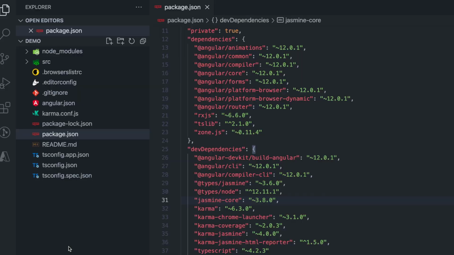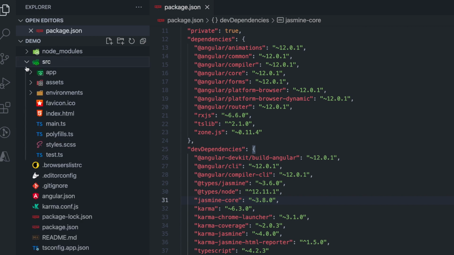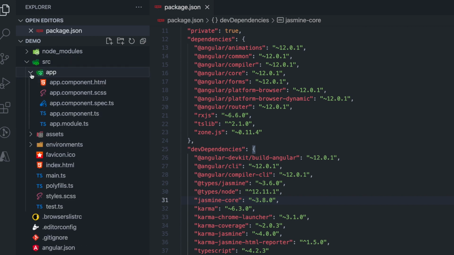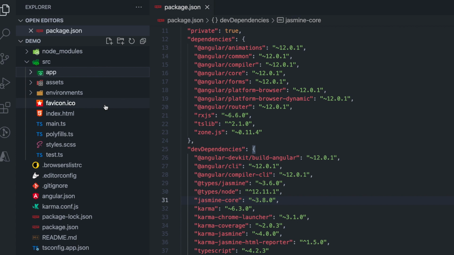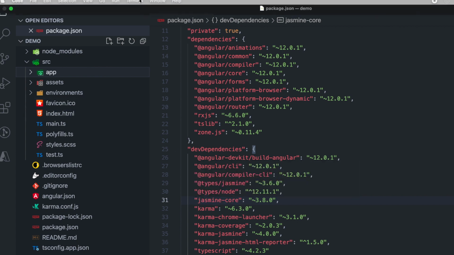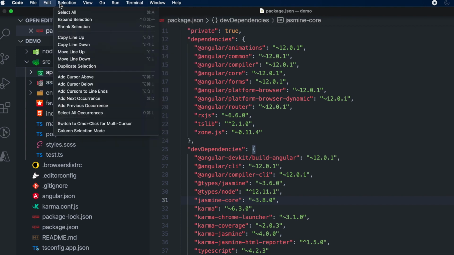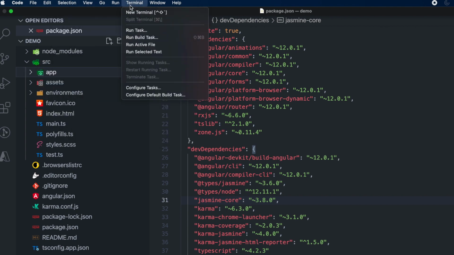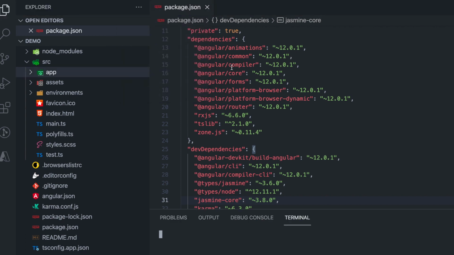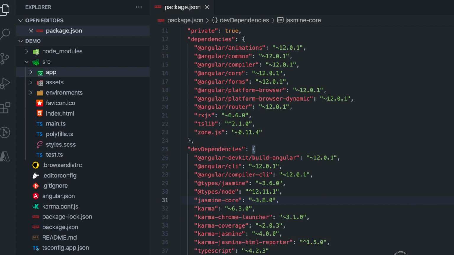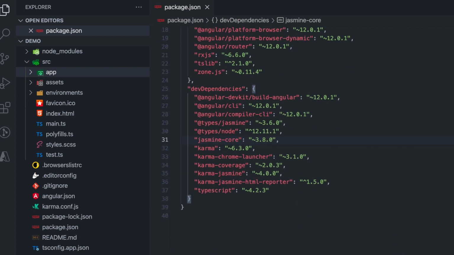Right now we have opened up the project which we created in the last video. Again, you can find that on the top left or in the description. You can open up a terminal on the top bar where you have all your options. You can go to terminal and find a new terminal. In Windows and Mac it is the same. When you open a new terminal, it will open a command prompt, or on your Mac it will open up zsh, or if you are on Linux it might open bash based on your configuration.